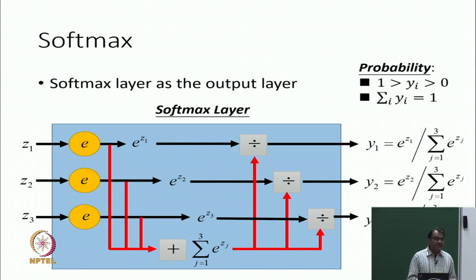It's a softer version of the max function. We are not simply saying that you are the max. We are saying you are 0.8 the max, you are 0.2 the max, and so on. So it's sort of like a softmax, a softer version of the max. It is still monotonic and it is non-local, because the softmax output depends on all zi's, not just the individual